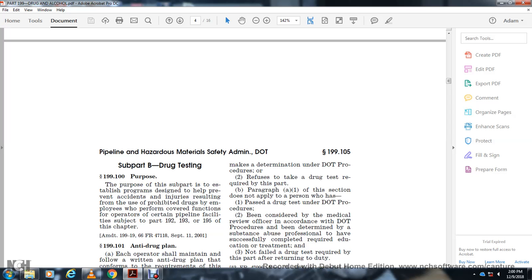Subpart B, drug testing purpose. The purpose of the subpart is to establish a program designed to help prevent accidents and result in the use of prohibited drugs by employees performing covered functions for the operator of certain pipeline facilities subject to 192, 193, 195 of